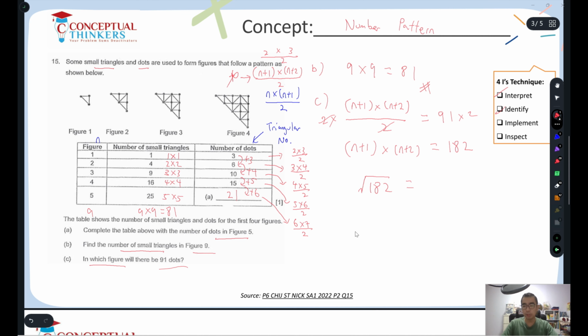So what is the function of square root? Square root is actually using the same number times same number, right? Okay, that will give me this. So I will use my calculator here. So what I do is I will just do a square root of 182. So once you do the square root of 182, you will get